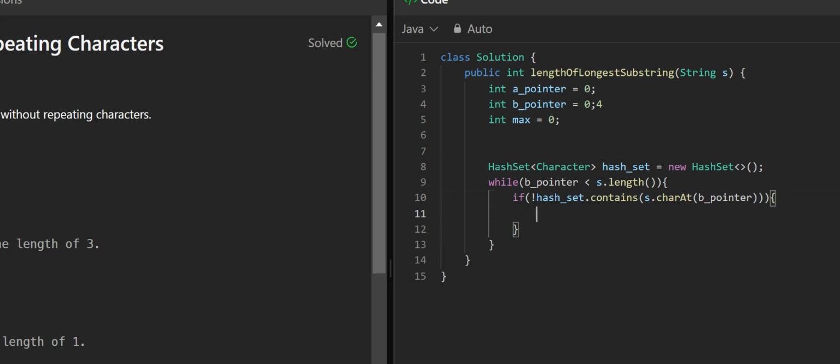If it does not contain the character, which means it does not have the repeating character, then we'll simply add it to our hash set, s.charAt(right pointer). This basically means that we did not find a repeating element and hence we added that element inside our hash set, and then we'll simply do right pointer plus plus. That is, we are now moving on to the next element.